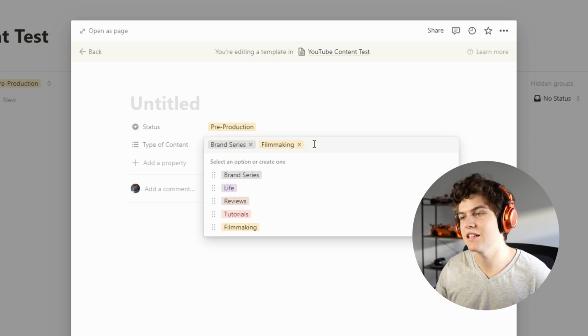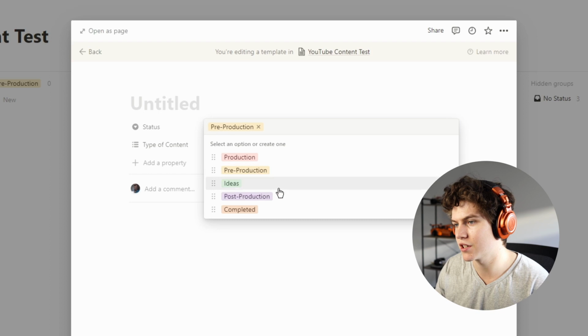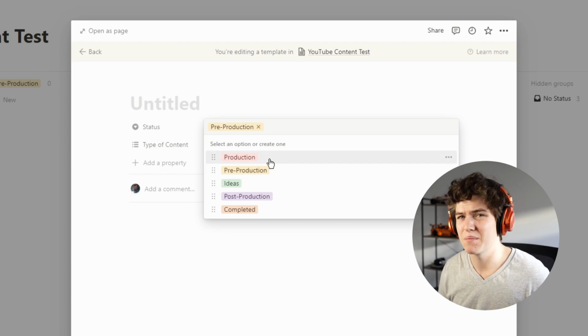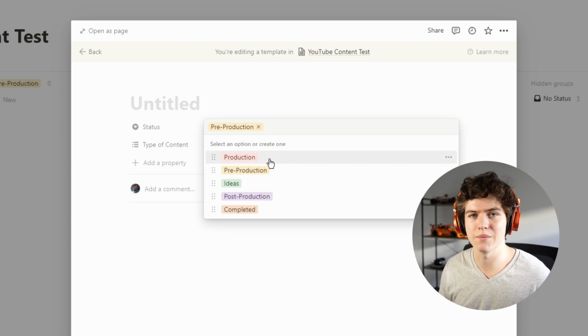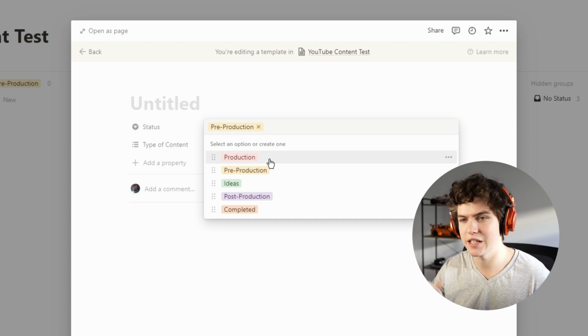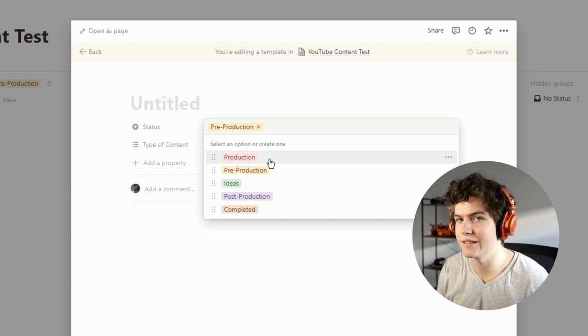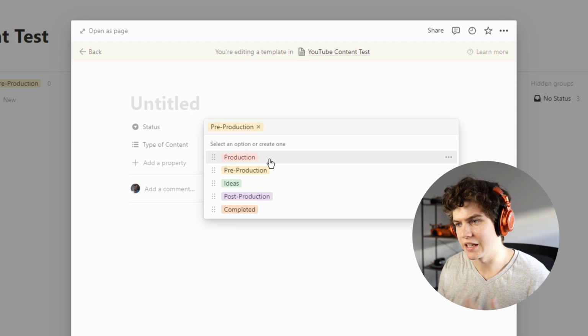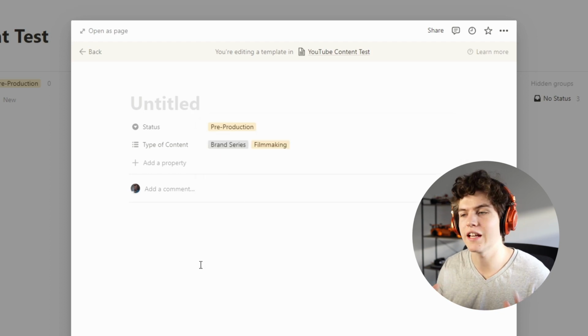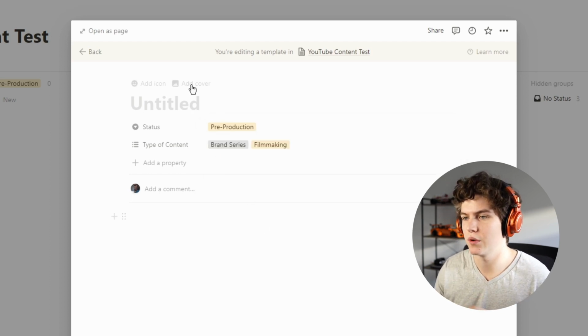But in terms of the status, we're not going to have this in pre-production and production at the same time. Possible, but I like to keep it really simple, really straightforward. So whenever I do see all the different ideas in the active projects view, then I can keep it like that. The only other thing that you need to do before we move on from these properties up here is